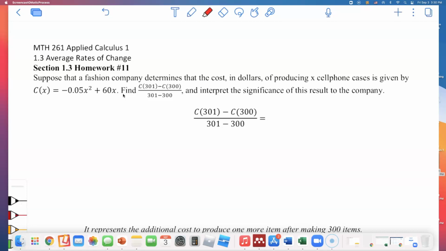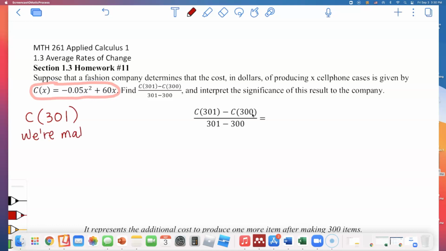So what does this function give us? If we tell them how many cell phone cases we are making, it's going to tell us the cost of making that many cell phone cases. So what do they mean by C of 301 minus C of 300? First of all, C of 301 means we're